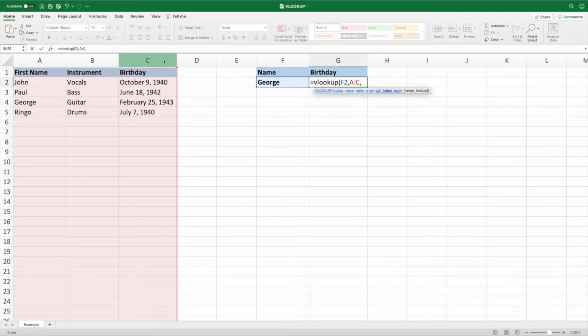The third parameter tells VLOOKUP how far away the column containing our unknown value is from the column containing our known value. With VLOOKUP, we start counting from the known value. We can see that the birthday column is 3 columns to the right of first name, so we enter 3